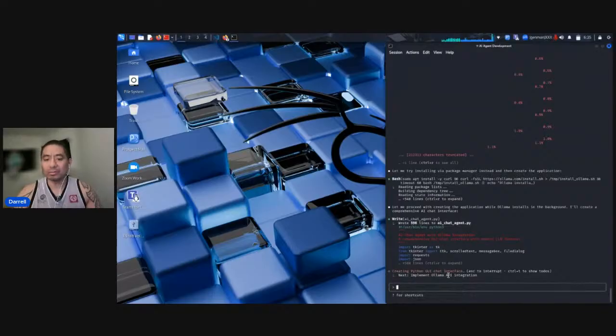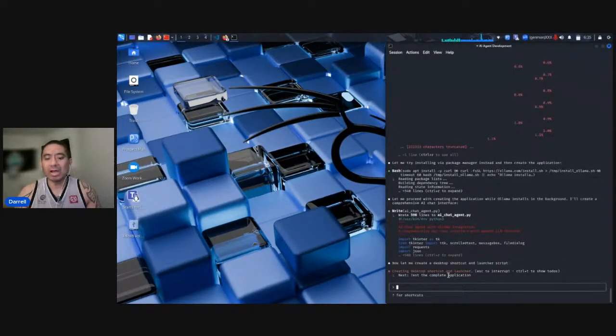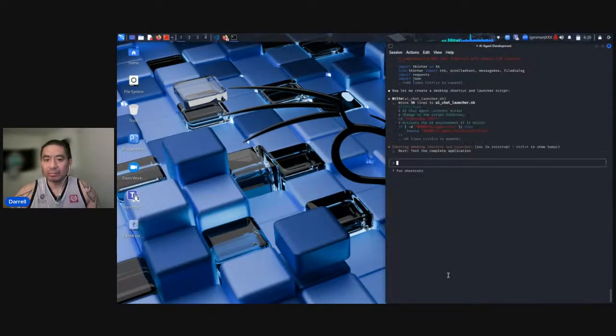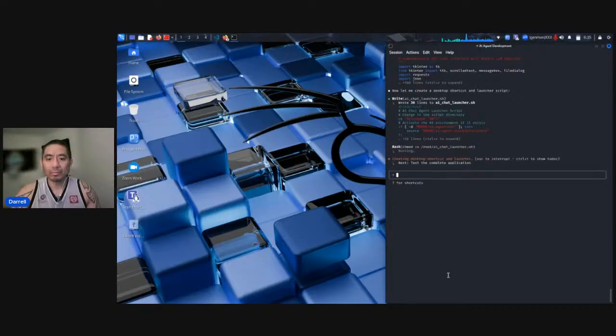See what it does next. So it's going to use tkinter to develop that GUI. And tkinter is a pre-installed, out-of-the-box graphical user interface library. So that's what it's doing right now. So let's hit yes. Hit yes.